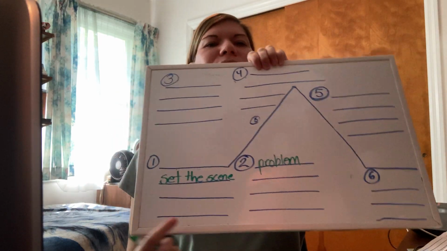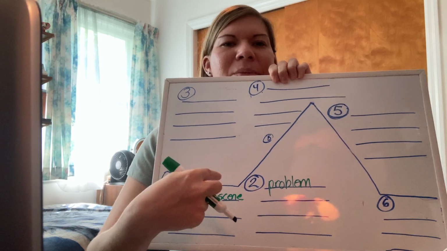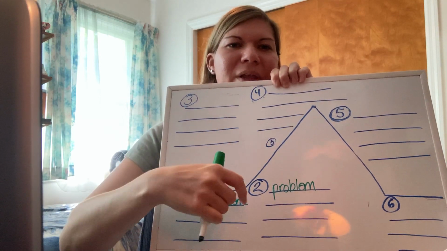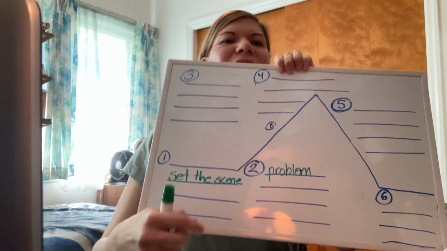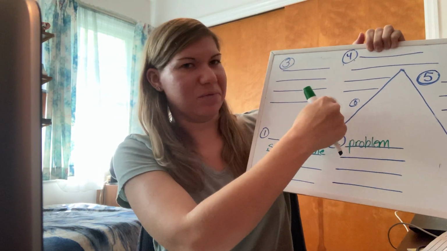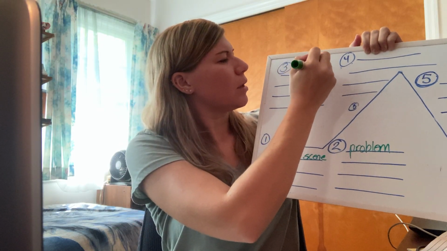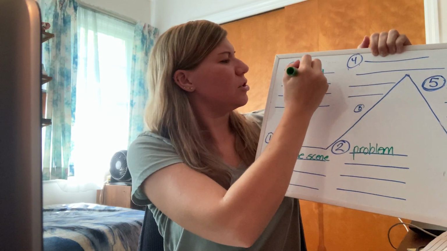And then when it starts rising, it's because you've introduced your problem. The problem is kind of what gets your story going on the uppity up. So you set your scene, and then you have your problem. So once you introduce your problem, everything starts going up. It starts rising. And this is called, the three is over here because I just don't have room for it over here. So this is what is called your rising action. It is where things start to happen,